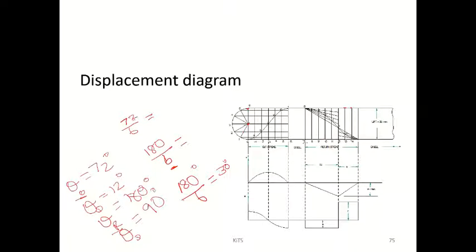So what will we get? Take the protractor, and measure it. 30 degree, 30 degree, 30 degree, 30 degree. Here to here 30. Here to here 30. This is 30. This is 30. This is 30. This is 30. Okay. We have divided this 180 and name it 0, 1, 2, 3, 4, 5, 6. Similarly, you name it.